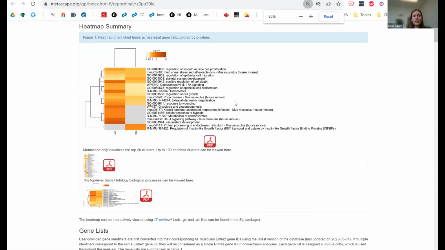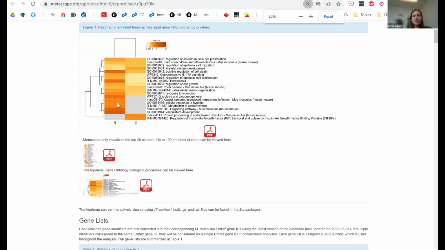So what we have here is a heat map. And this is showing me genes that are expressed. So I shouldn't say genes. This is gene ontology. So these are the pathways. These are the molecular signatures that are associated with the MSI cancers versus the SIN. And so I get a really clear analysis and a really nice visualization of what is the same between my